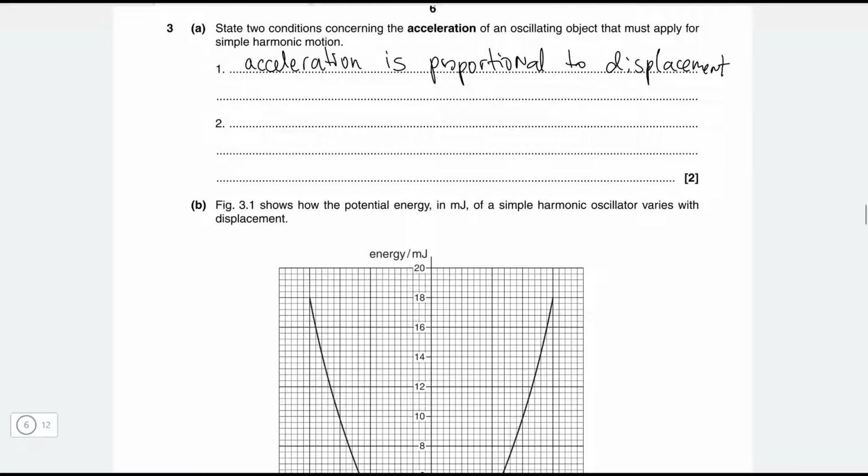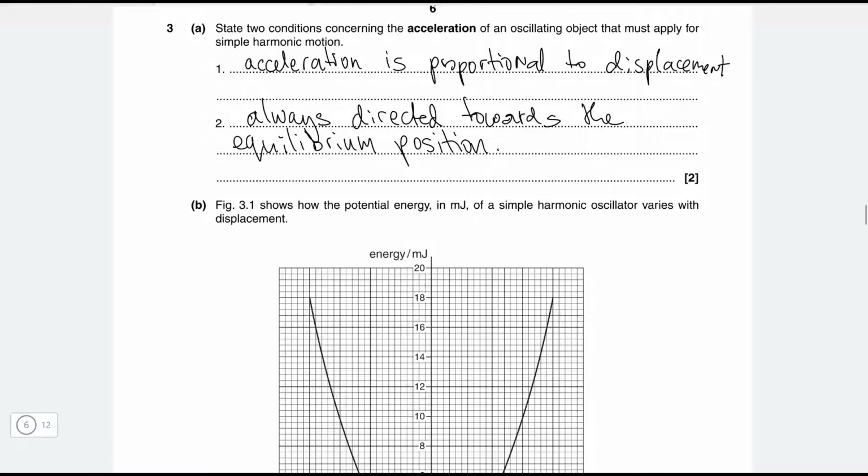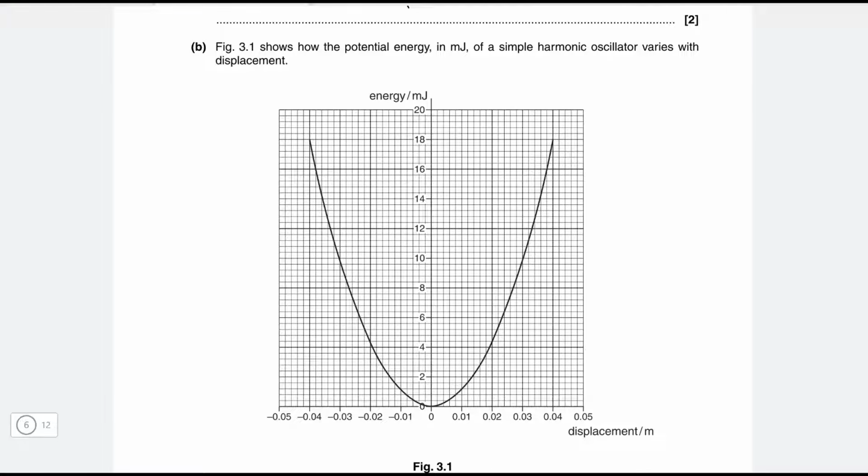And remember, acceleration is also always directed towards the equilibrium position. Okay, part B, figure 3.1 shows how the potential energy in millijoules of a simple harmonic oscillator varies with